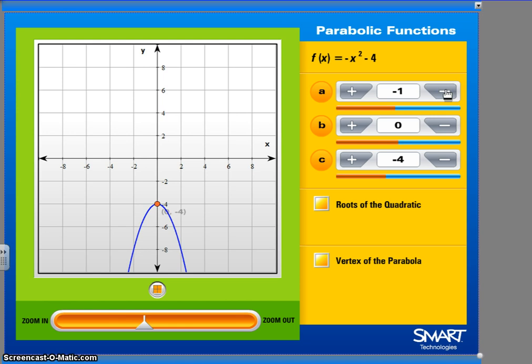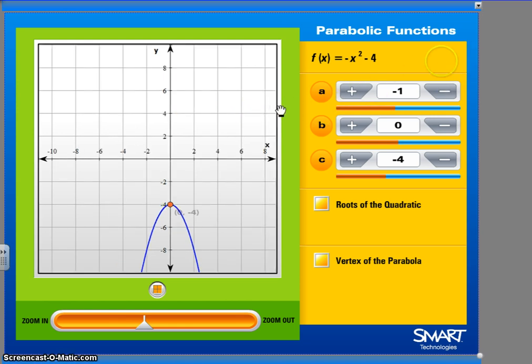Now, look what happens when it's negative. When it's negative, it's opening down. Going back, let's see, when it's positive, it opens up. Notice that this is positive. But when I go down, all of a sudden, this is negative and it's opening down, see? So when this first term is negative, we have a parabola that kind of opens downward. When the first term is positive, we have one that opens upward, which brings about the next little discussion here,